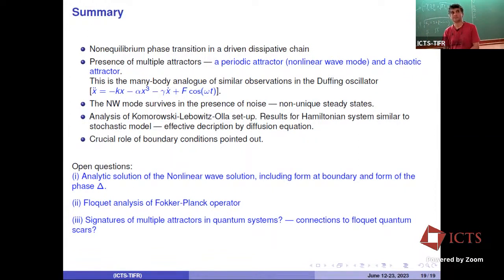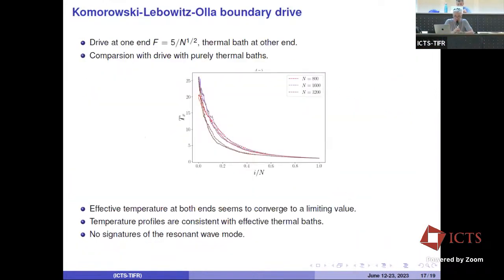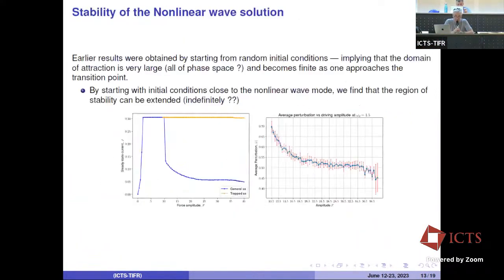Another question is, what were the initial conditions? When you do observe this nonlinear wave steady state, what were the initial conditions in the bulk? Okay, so for the blue curve, you start with random initial conditions and you go to either this or this. So it's random, some non-zero finite temperature, so to say. Yeah, finite energy density distribution. Right. But for this, we always start close to this and just increase the force. So we start close to the solution. Thank you.